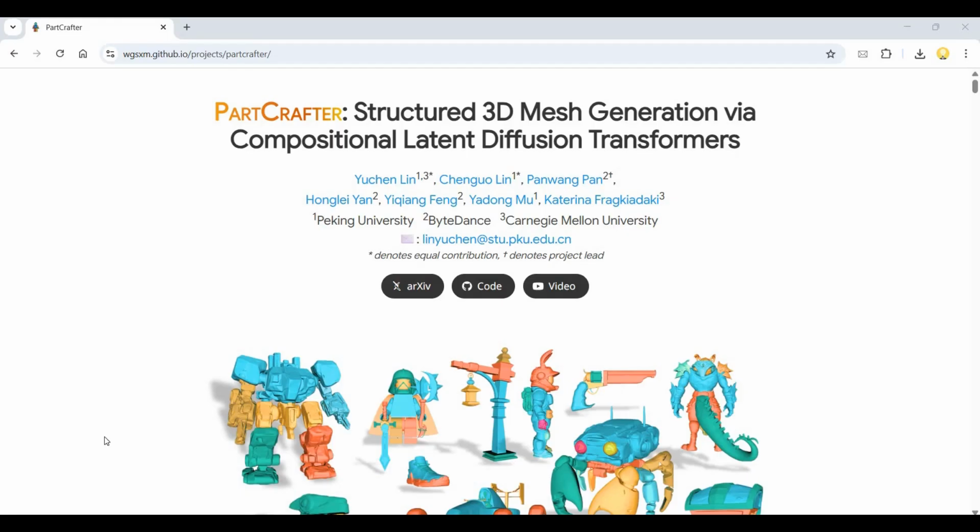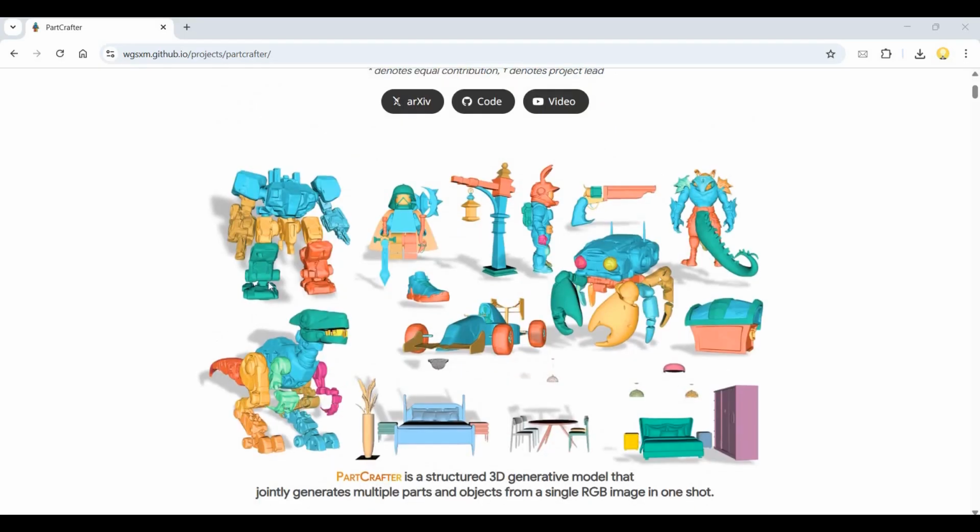Hi everyone, in this video I want to introduce you to a website. It's called Partscrafter. So you can create structured 3D mesh generation via compositional latent diffusion transformers. So you can just upload an image and it will convert into a 3D model. So there are various tools that do that. But what this tool will do is that it will create all the required parts that are required in the